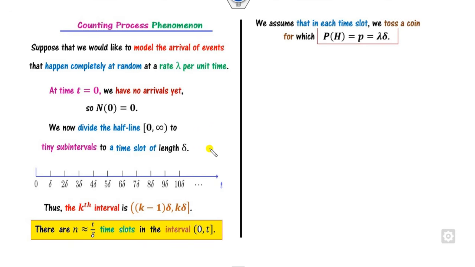Now how can you define that? Suppose you want to calculate the number of arrival events occurring here. What we can do is simply toss a coin with probability p, where p is nothing but